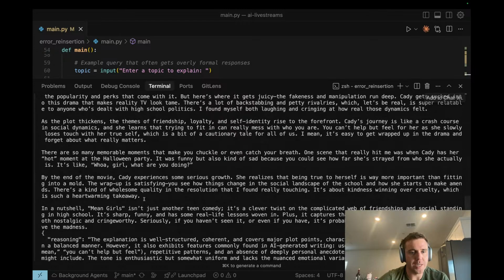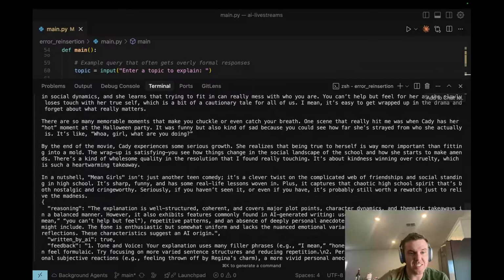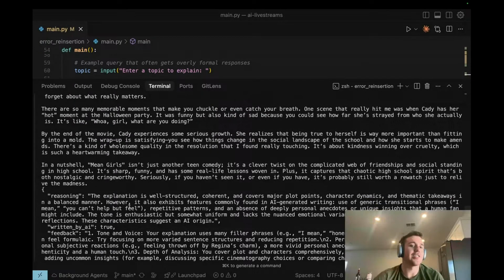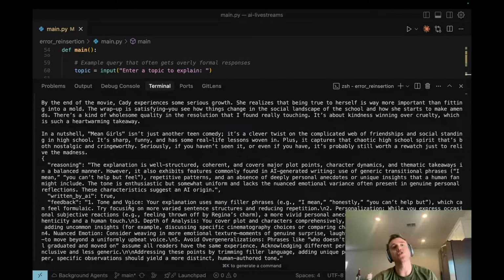If we scroll all the way down here, this still thinks it was written by AI. And so we could go and do multiple rounds of iteration. Note that every time you're doing these additional LLM calls, though, you're adding latency and cost. And so this is a very powerful technique. However, only if we can afford the cost and latency that it brings.